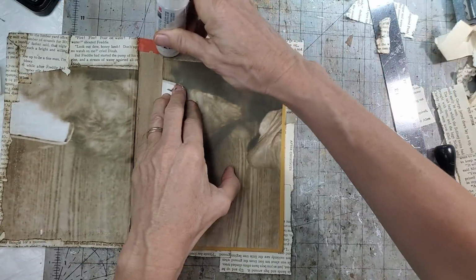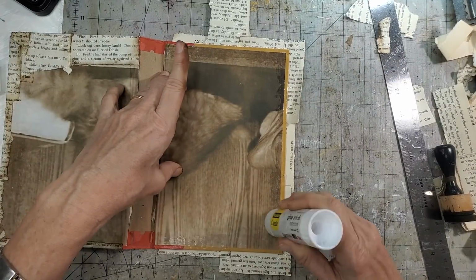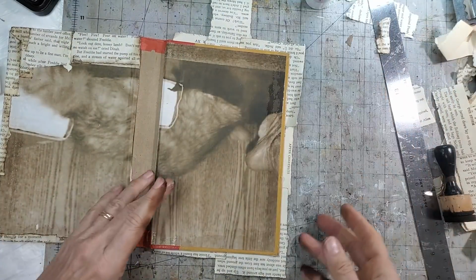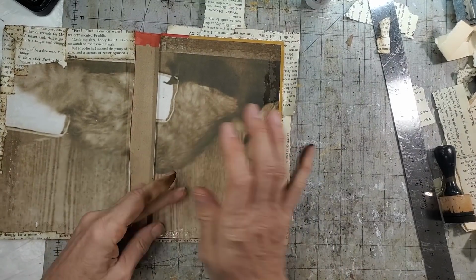With anything, it's a great way to use up your book page scraps. Okay. And I know not everybody has the book page scraps, but if you do, there you go. And if you don't, just like I said, use other scraps. You could use even,